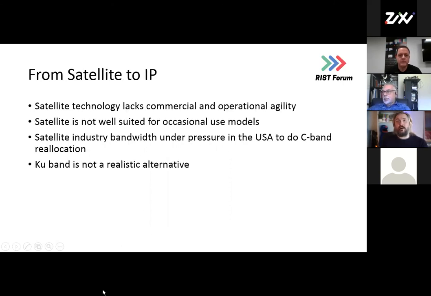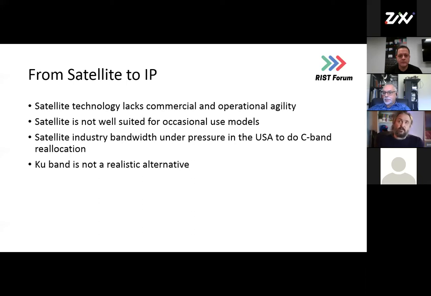So, we've talked a little bit about satellite briefly earlier on in the presentation. Clearly, when we think about content distribution today, particularly of live content, you don't get too far into a conversation before satellite is mentioned, because it's a dominant technology. It's been around for a very long time, and broadcasters, I think correctly, trust it. But there are some challenges.